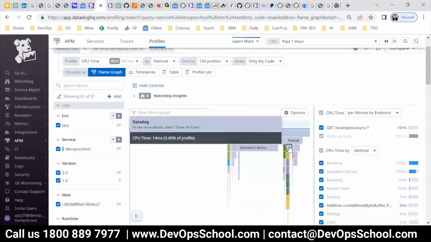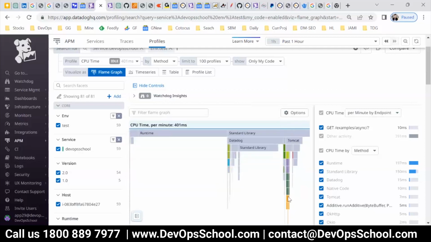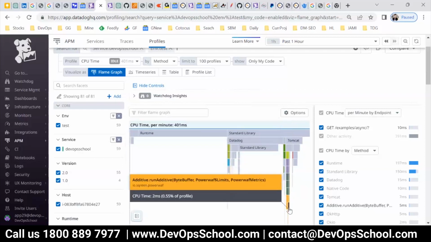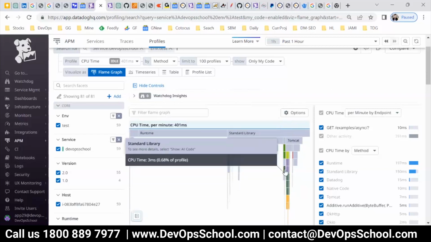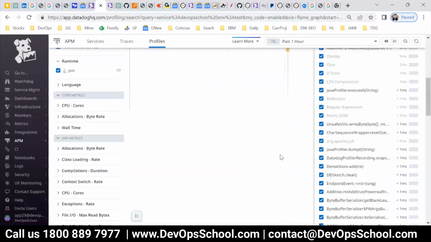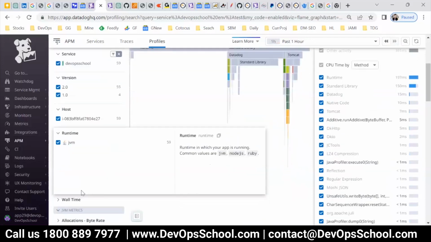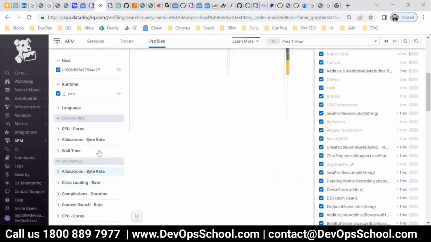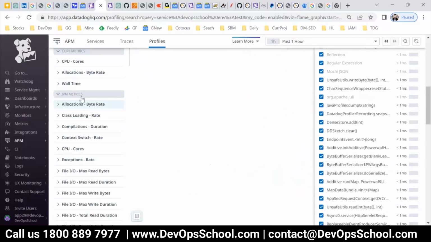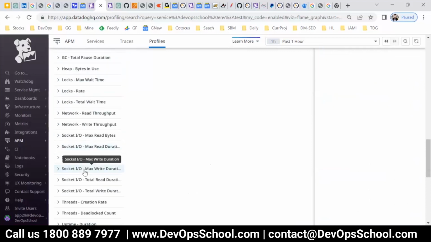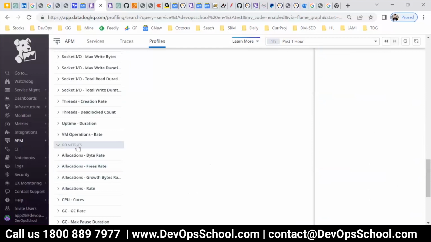Look at this here. They have complete details about it, and each and every method you run, each and every class you run, you can see at those levels here. And here you have filters, in case you have too many processes running and you want to filter by languages, filter by JVM metrics. These are all the JVM metrics, so this will be helpful for Java developers. And Go metrics.